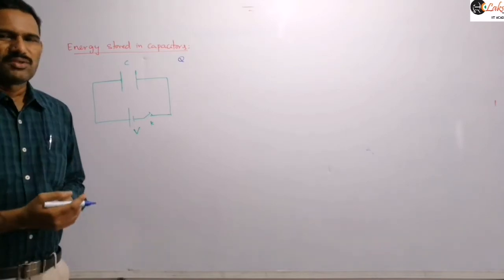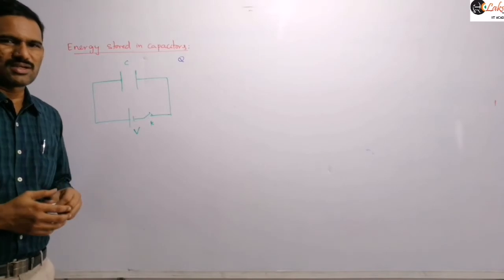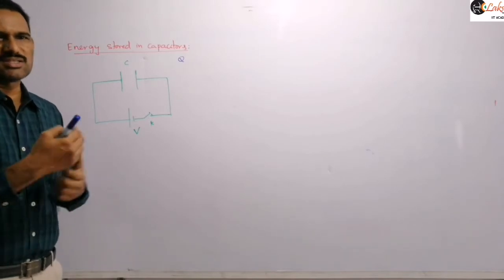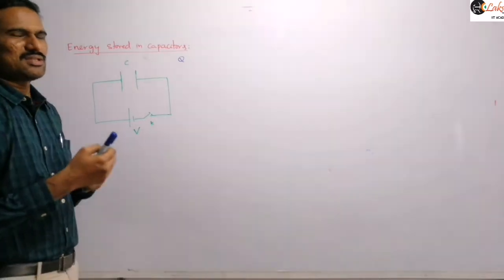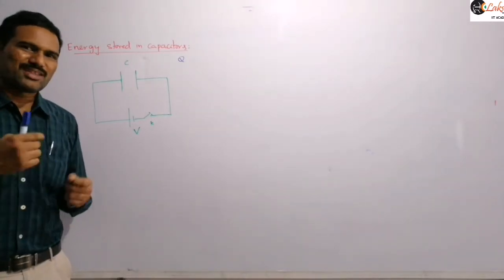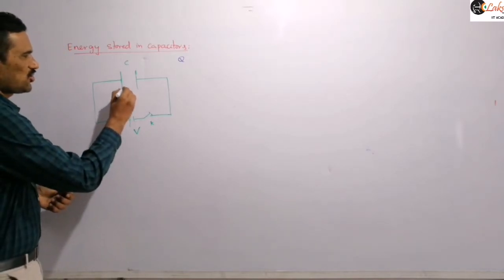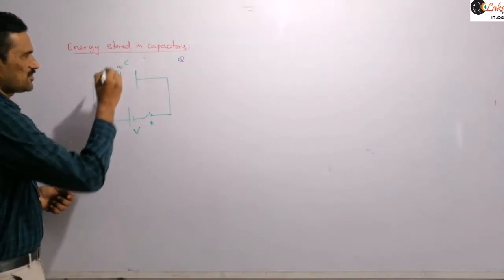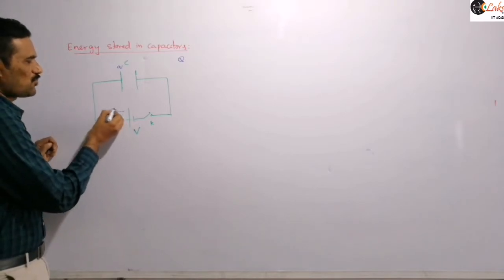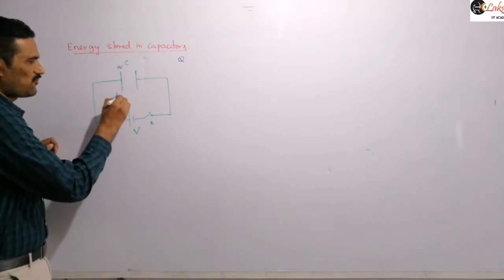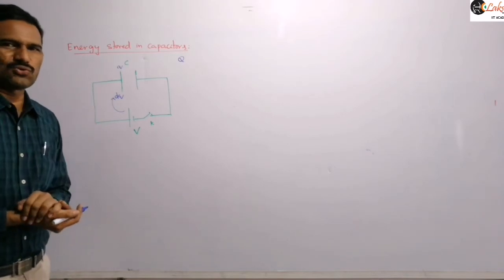Before that, the capacitor does not suddenly get the charge capital Q, right? The charge on this capacitor increases slowly. Practically the charge on the capacitor increases slowly there. So during that process, suppose some charge Q is already present on this capacitor at any instant of time. Now suppose this battery is supplying some charge dQ to that plate.